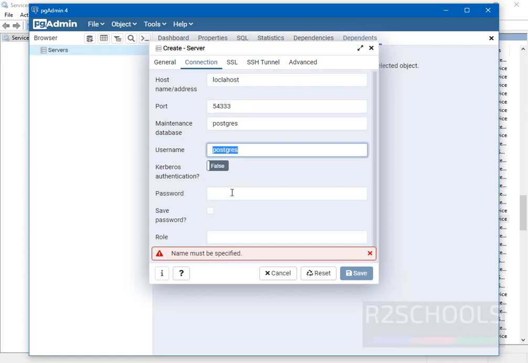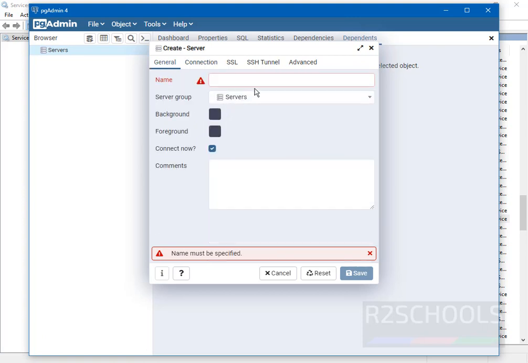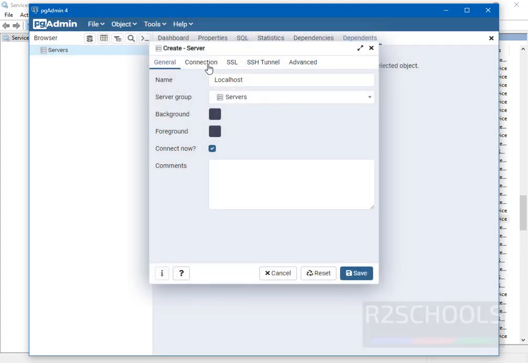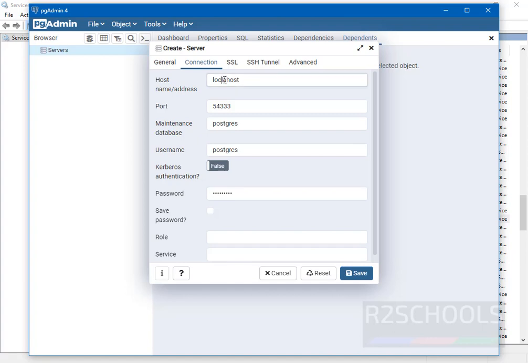Username is Postgres and password for the Postgres user. You have to provide the name for this host. Save. See, this is the typo error. Now click on save.